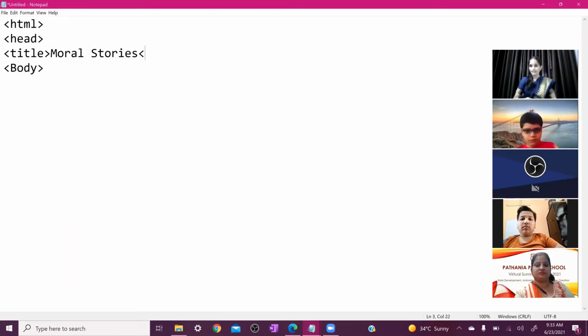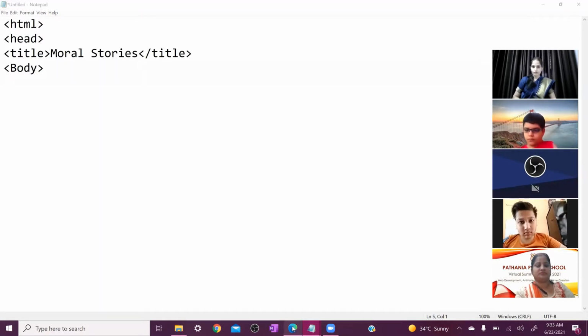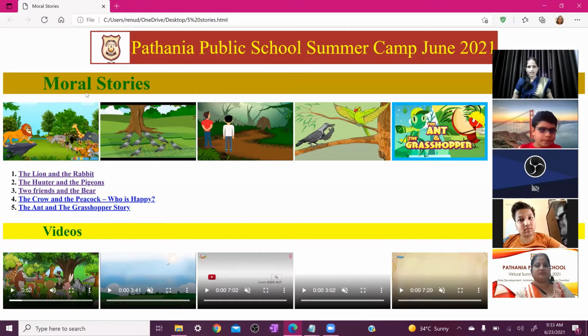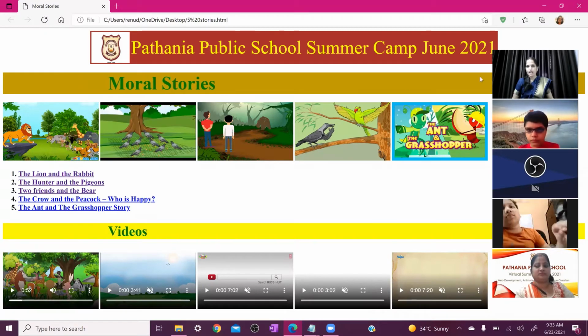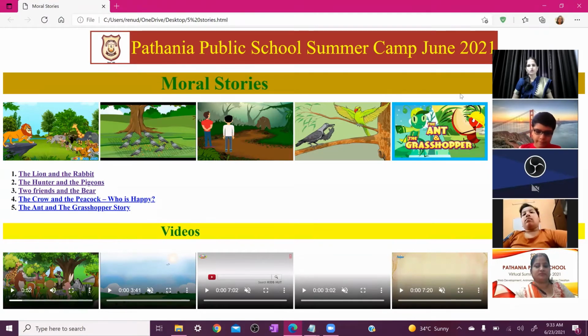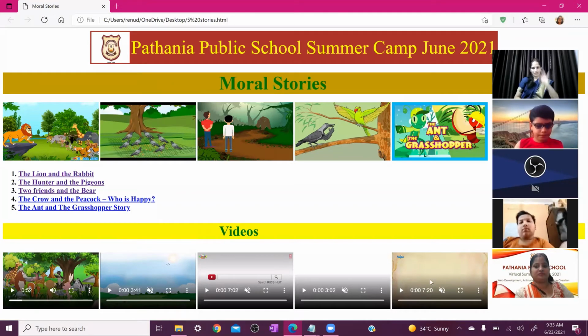So how we close the title tag? With the help of forward slash. You put here forward slash, then you can write down here title. Okay, and after this title you close your angular bracket. So here your title tag is closed. So now you can see here we write down the body. After body, here we need to write down the marquee tag. You see here on web browser. First we learn here how to write this moral story and how to rotate this moral story on our screen. Okay, so we learn first this point.